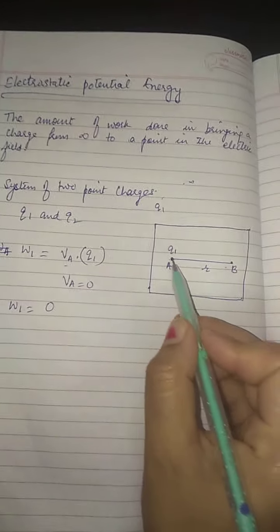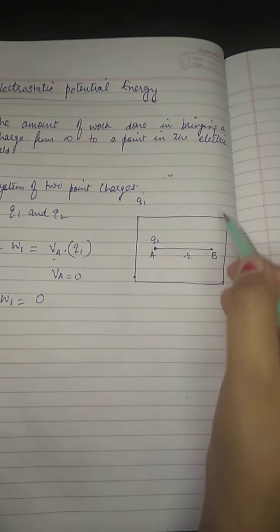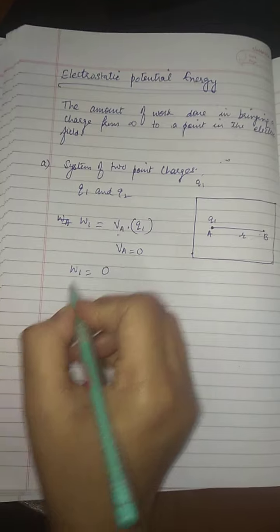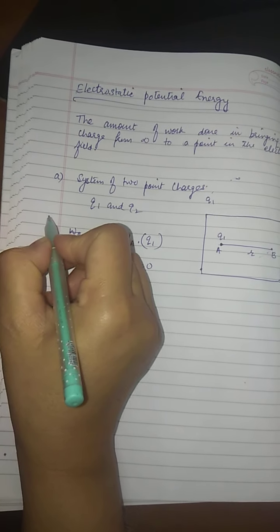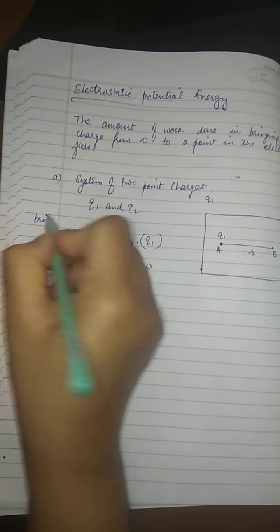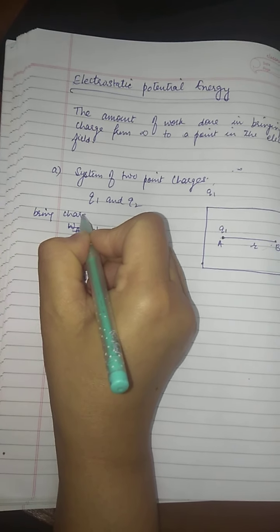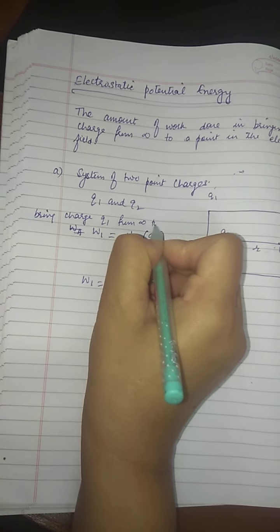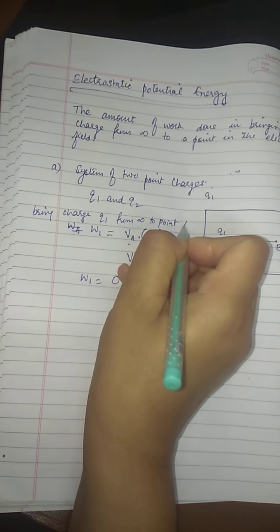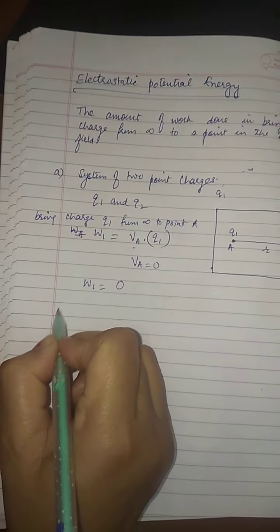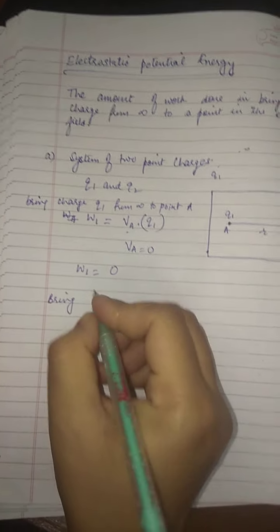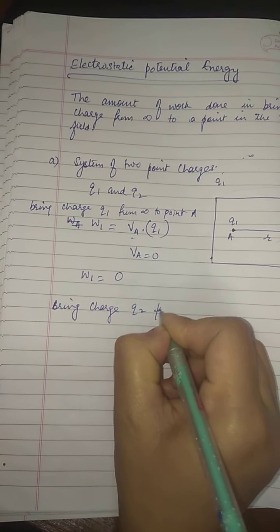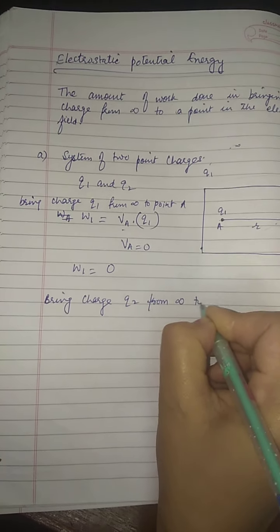Now we have placed this charge Q1 at point A. Now we are going to bring the second charge from infinity. Now let us bring charge Q2. So this was the work done for bringing charge Q1 from infinity to point A. Now we are going to bring charge Q2 from infinity to point